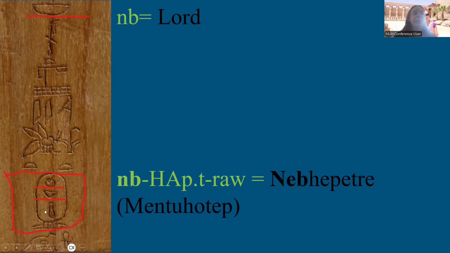And then down here in what's called the cartouche, we have neb functioning as part of the personal name, so closer to our alphabetic letters, of Mentuhotep,